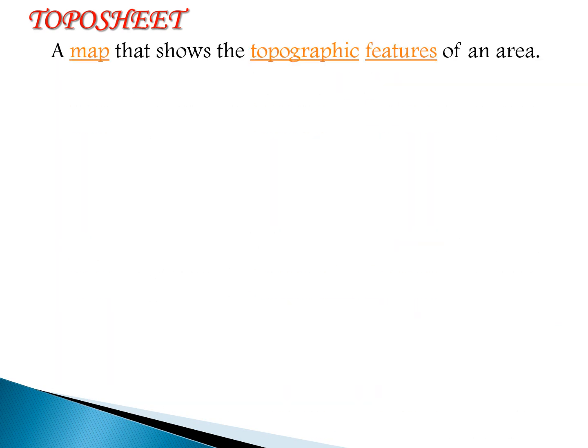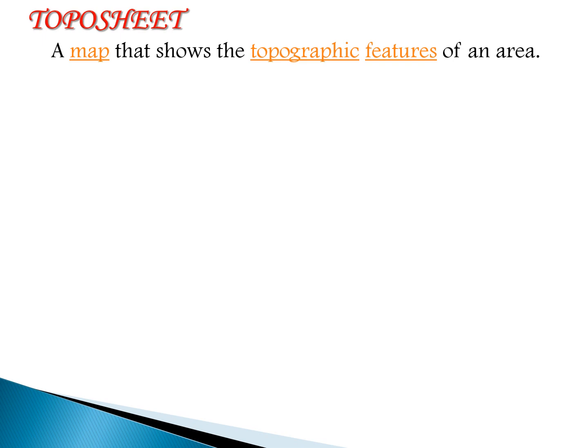So first, let us understand what a topo sheet is. You have all seen many types of maps. Few maps are meant for a specific purpose, like a geological map, which contains only information about the geology. Then contour maps contain only the information of relief, that is, height. Some maps are made for information on vegetation pattern. So there are different types of maps you might have seen, or political maps wherein state borders and all are shown.